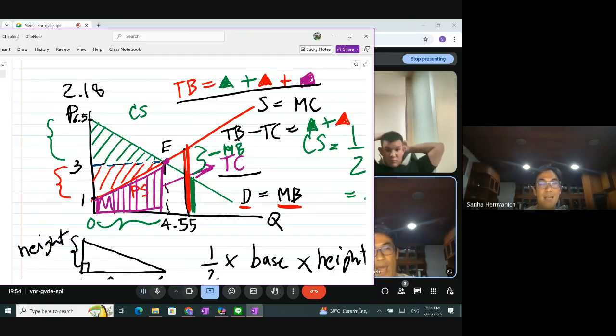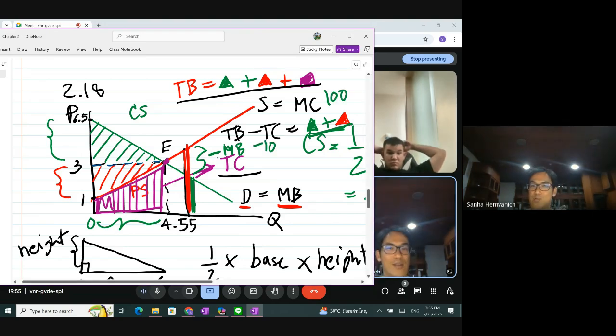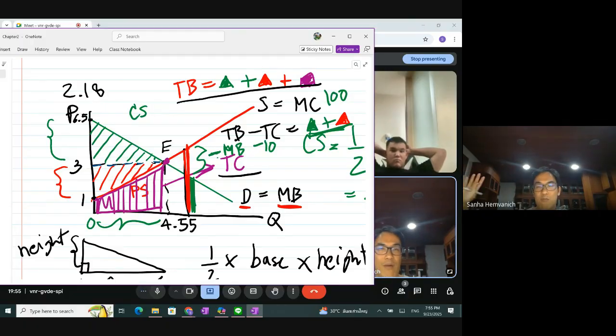So when you add it to the welfare, it actually reduces. Like I said, suppose that this is plus 100, right? And let's say this is negative 10. When you add negative 10 to what already is 100, you're reducing it to 90. So that's why we're not going to go to the right-hand side of the equilibrium of 4.5, because the tiniest